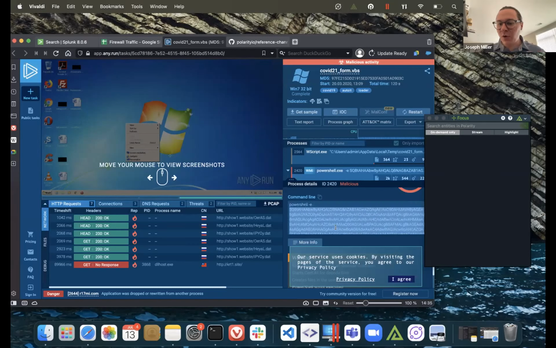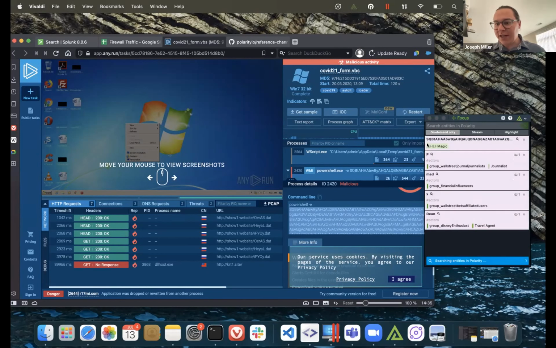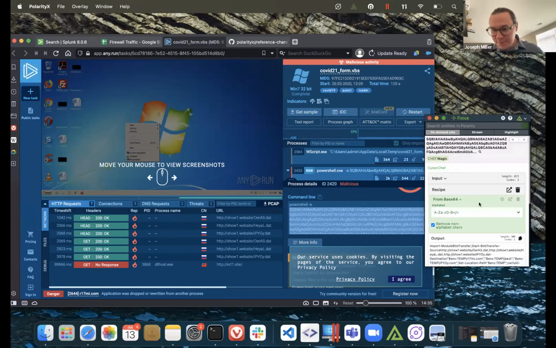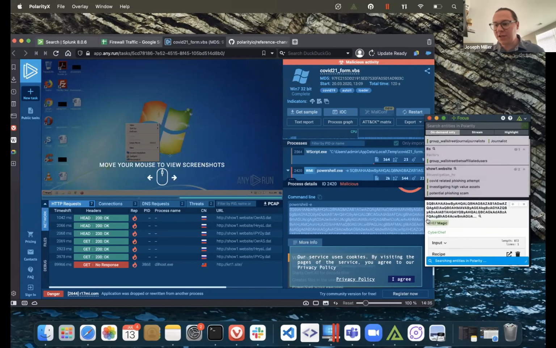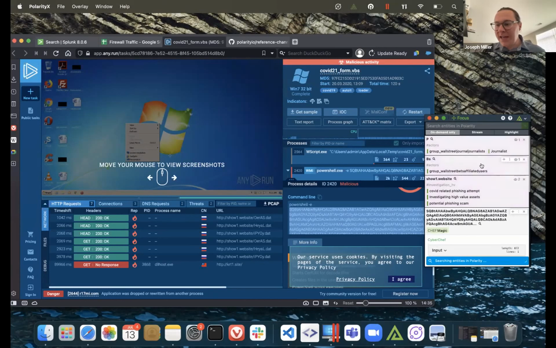So I'm going to come here. I'm going to do our on-demand lookup. CyberChef will only work with our on-demand. So I'm going to hold on my Mac Control-C and then run that, and it will look up in CyberChef. And you can see here that it automatically broke down the base64 and gave me the output. So now as a malware analyst, it's like, okay, I see this output. I see there's some URLs in here. There's some data. I'm just going to rerun this through Polarity and see what Polarity knows about it. And as you can see